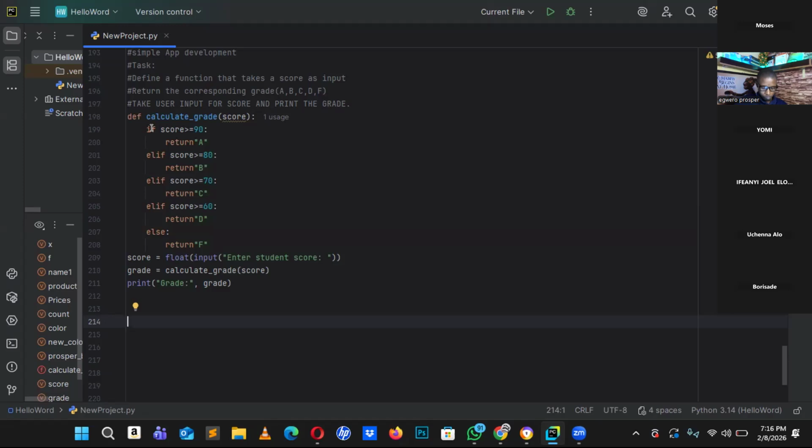But if the score is greater than or equal to 80, the grade should be B. If the score is greater than or equal to 70, the grade should be C. If the score is greater than or equal to 60, the grade should be D. Otherwise, it should return F, if none of the students score